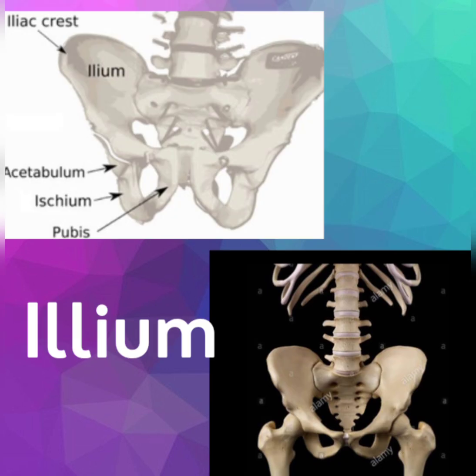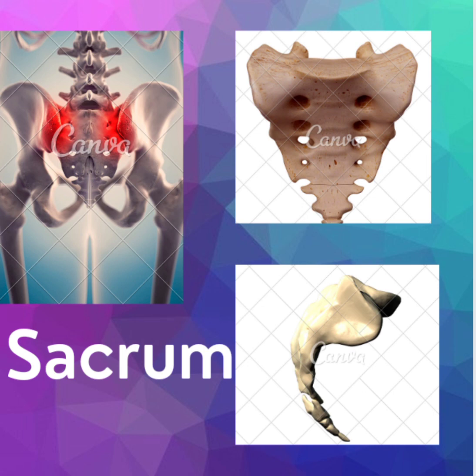The ilium is the uppermost and largest part of the hip bone and appears in most vertebrates, including mammals and birds, but not bony fish. All reptiles have an ilium except snakes. The sacrum is a shield-shaped bony structure that is located at the base of the lumbar vertebrae and that is connected to the pelvis.